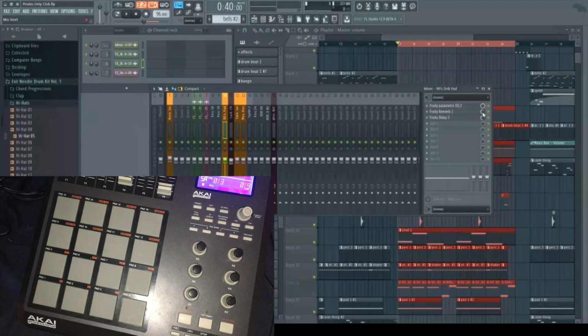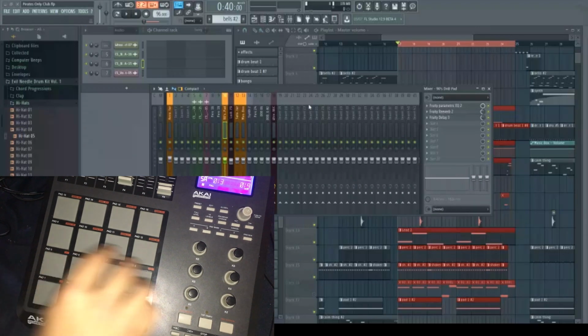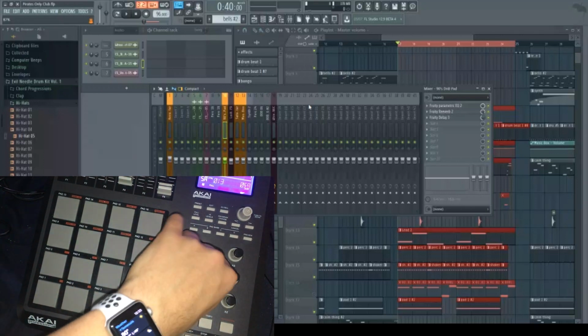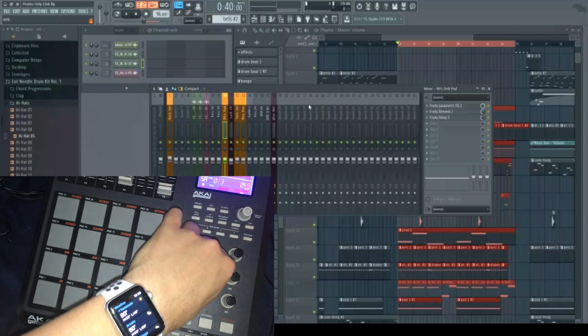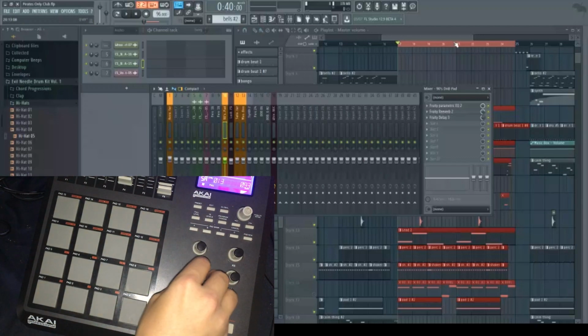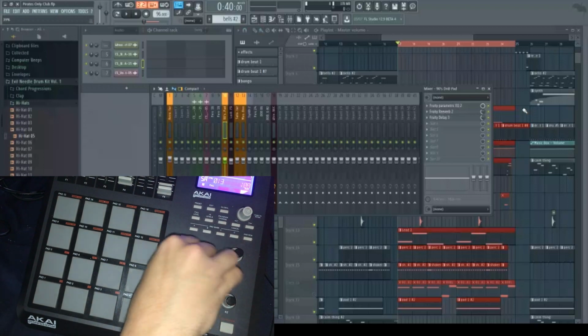So to do that, you want to right click onto that pad on the screen and you will see link to controller under remote controller. It'll say link to controller, so you press on that, and then at that point you just basically touch the knob that you want it to link to, and then you'll notice that as I'm turning it on the MPD, it's turning on the screen as well. So you'll see over here on the screen for that Fruity Reverb 2, and then on the MPD,